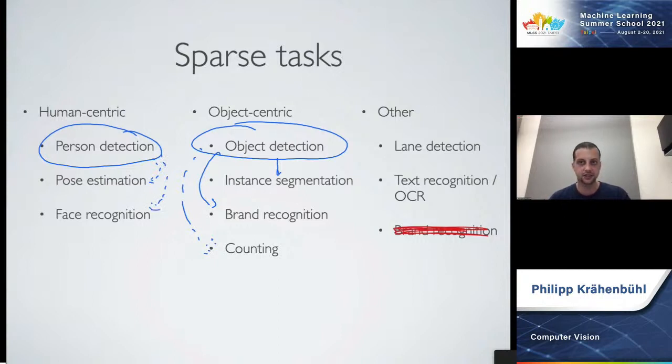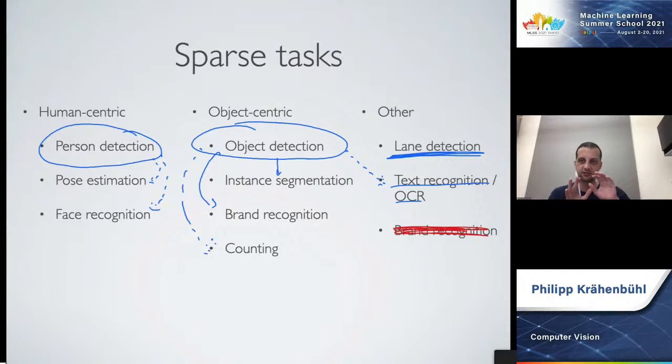Also, lane detection oftentimes is phrased in a way that is a slightly different parameterization of objects. Now, lanes are not necessarily objects, but they can be parameterized in a very similar way to objects. And then again, text recognition or optical character recognition can again be done using just an object detector. And so what we'll do here is we'll first look at how object detection tackles computer vision.